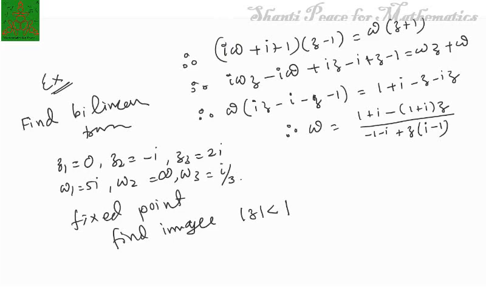So in this lecture we have covered a very important concept called the cross ratio for the bilinear transformation. We have proved firstly that the cross ratio under the bilinear transformation is invariant. We also proved that there exists a unique bilinear transformation that transforms 3 distinct points to another 3 distinct points. Using that we have solved lots of examples, and you can solve these examples by yourself also. Try to do it by yourself.